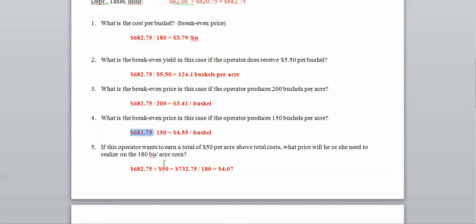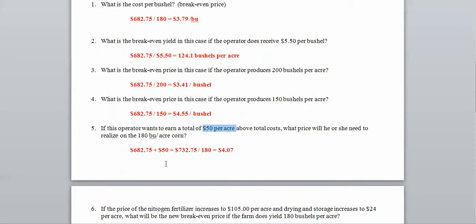Number 5 is a great question. What if we want to earn a total of $50 above total cost? What price do we need to realize on our 180 bushel corn crop? Well, we just take our overall cost of $682.75 and we add $50 per acre that we want to have for profit. We end up with a new total cost of